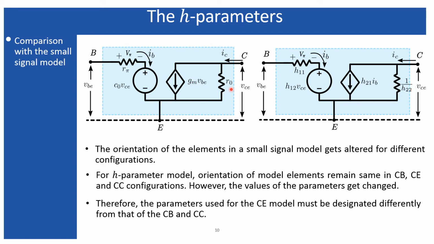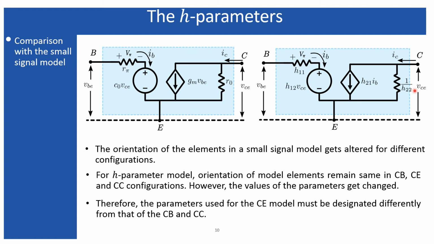So these are the two circuits. I am just changing from the small signal model to the h parameter model. Now the question is why I am changing this? Why am I shifting from the small signal model to the h parameter model? Because we already have everything to analyze the AC parameters, as I have shown in my last lecture. The reasons I have listed over here.